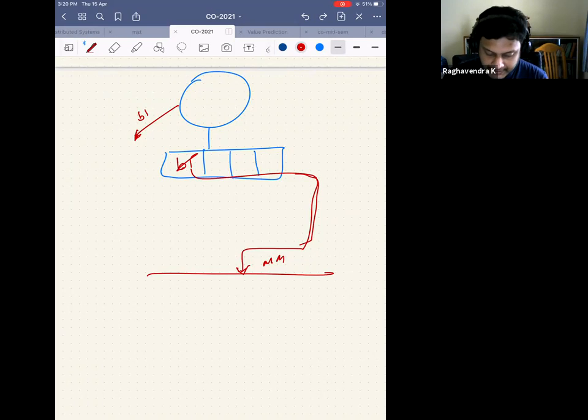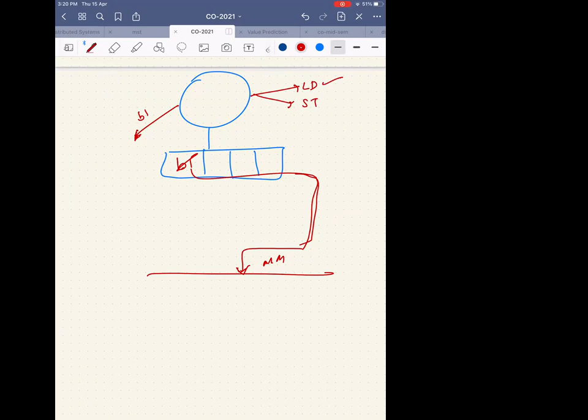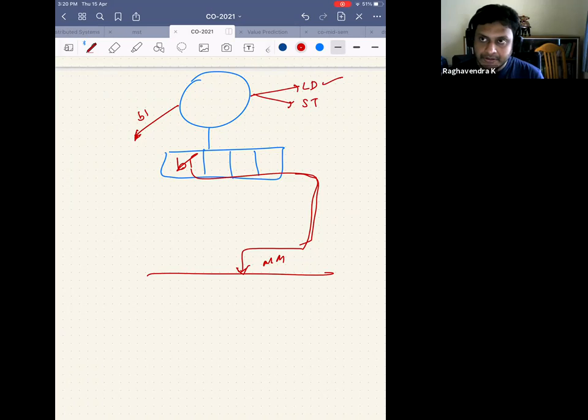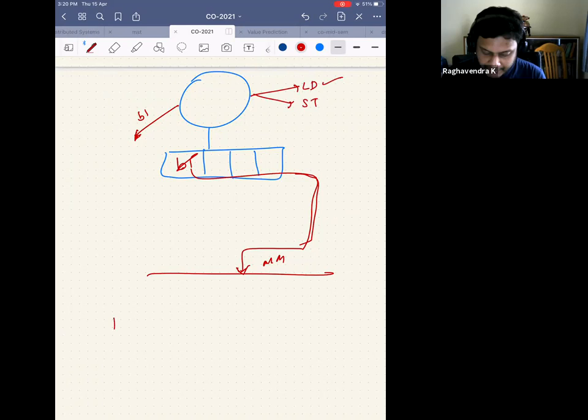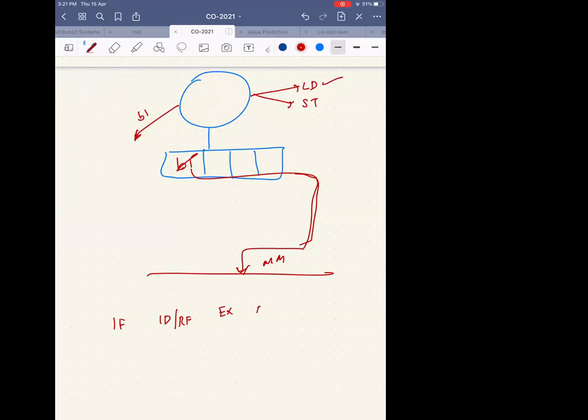So the question is now slightly different. From the CPU there are two types of memory accesses. One is load, the other is store. For a load, if I hit, do I need to stall or can I continue execution in the pipeline? You can continue, except if you're overwriting something, then you have to take care of this. Otherwise it can just continue.